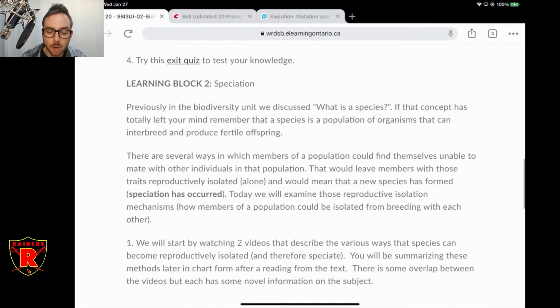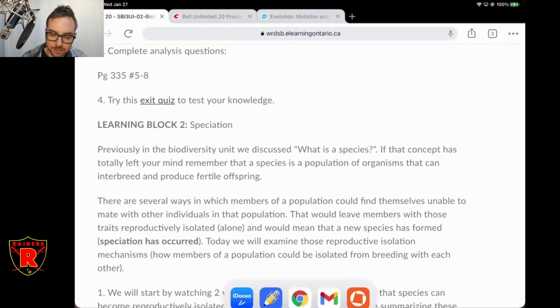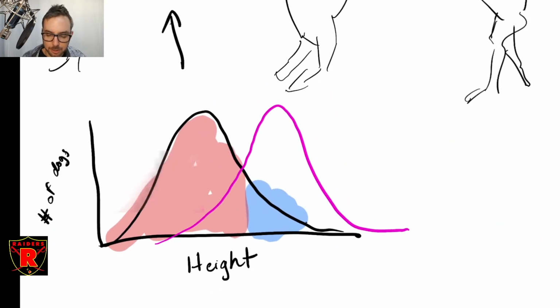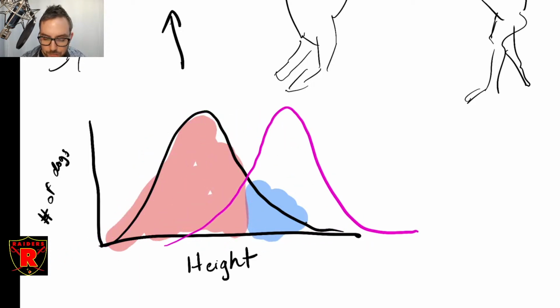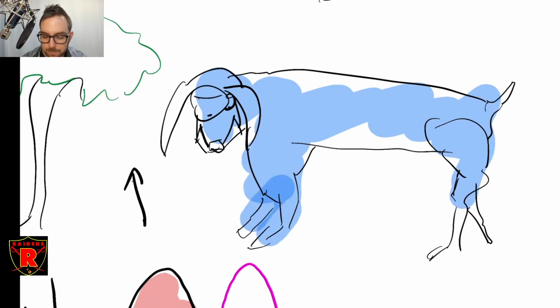In the second half, we're going to be looking at what happens when this happens over a very long period of time. Okay, so when you get this selective pressure happening over a really long period of time and on multiple traits, now we're not talking just about height. We're talking about like the height has shifted, maybe the coloring of the animal has changed over time to help it avoid predators, or maybe to disguise itself from its prey to make it easier to sneak up on its prey, or maybe its coat color has changed to protect it from the sun, or whatever.